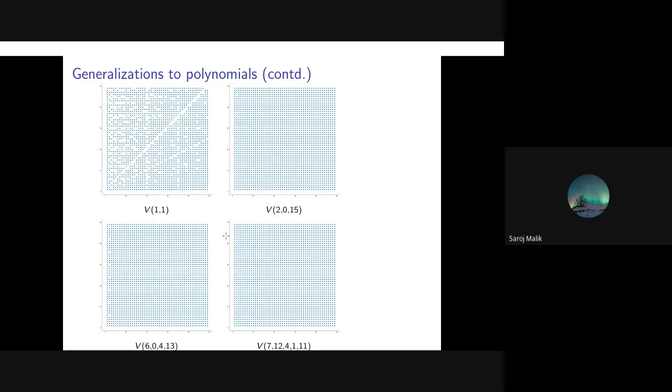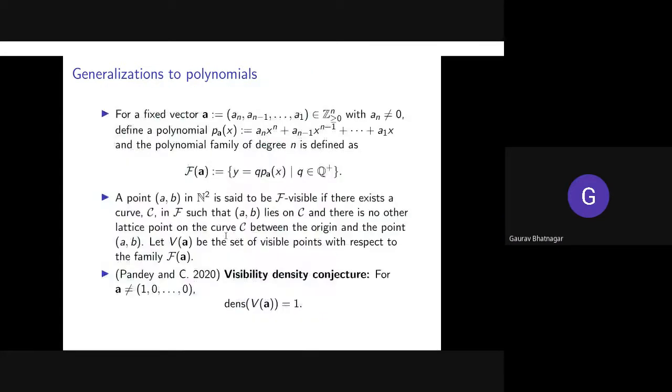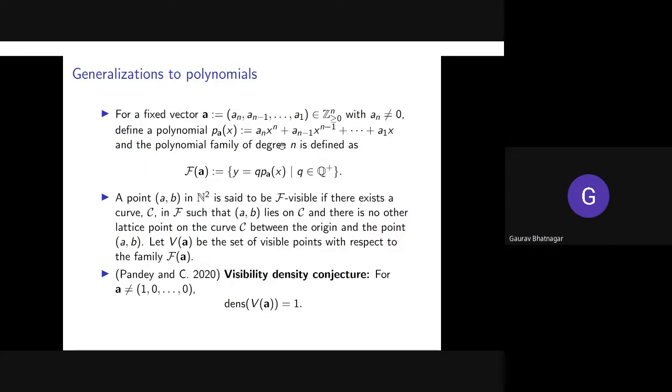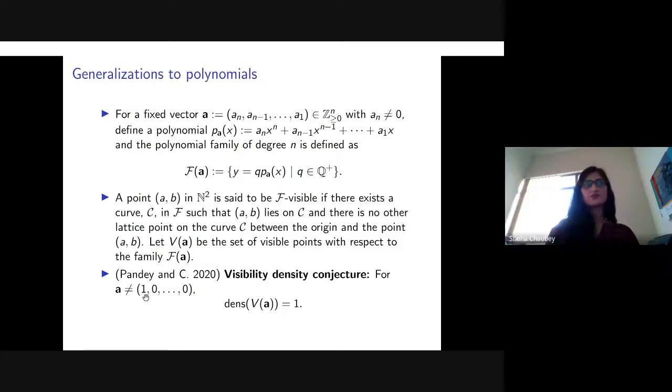Okay. Sorry, can I ask a question about this conjecture? You excluded 1, 0, 0, but what about 0, 0, up to 1? That would be the previous case that you discussed where you said the density is the inverse of zeta n plus 1, right? Because that will be x to the power n only, y equal to q x to the power n, right? Right. Oh, sorry. So I should have